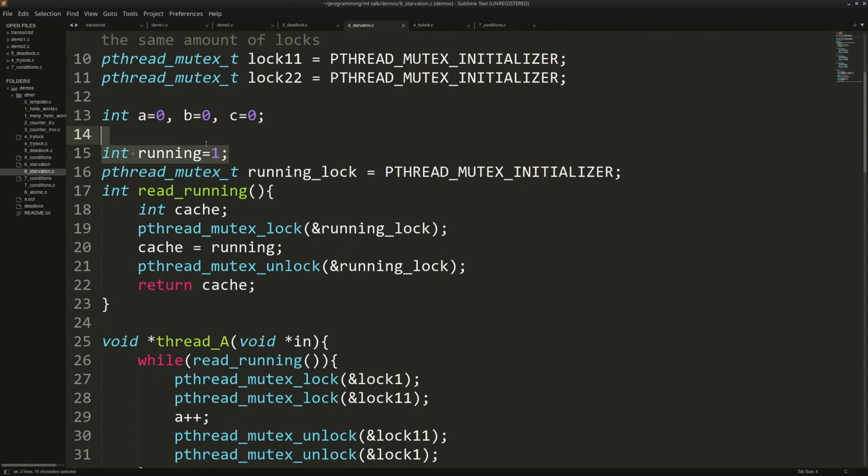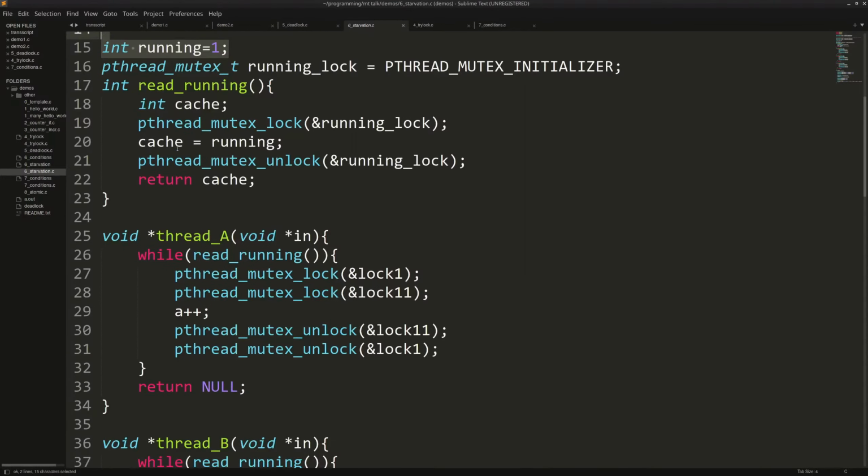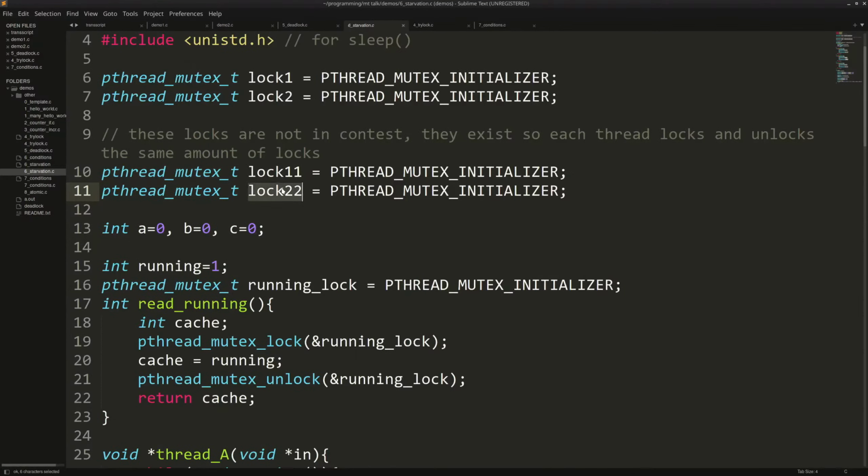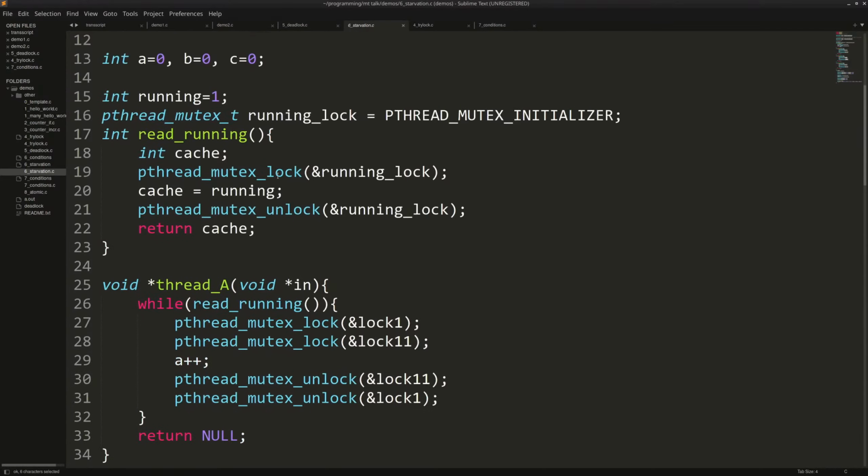And here we have a little global variable, which is a bit dirty, but oh well. And we're going to be using this variable to kind of synchronize our threads, to tell them, okay, you can stop running now, right? Because we only want to run this simulation for 5 seconds. Now, I added some extra locks here, which don't really do anything. They're not really connected to anything, but they are there to kind of even out the benchmark, right?